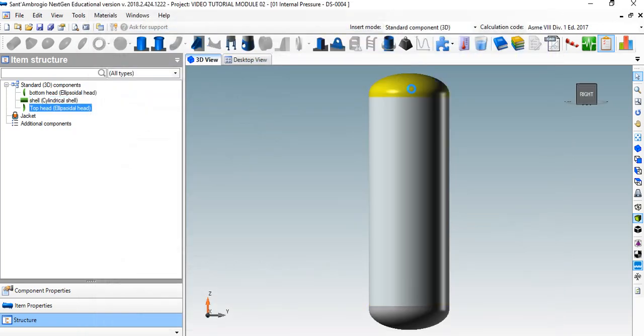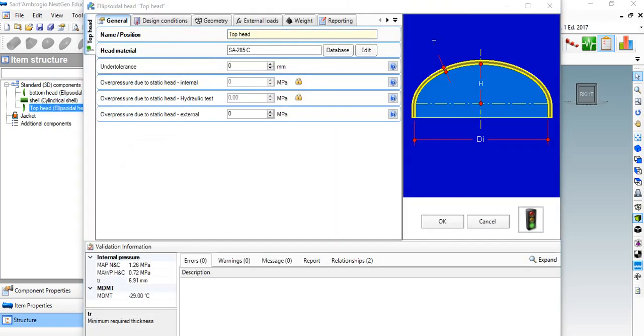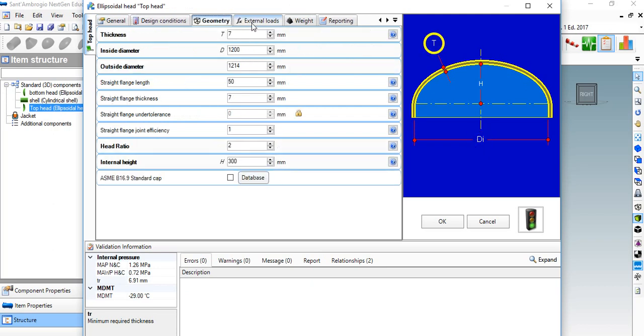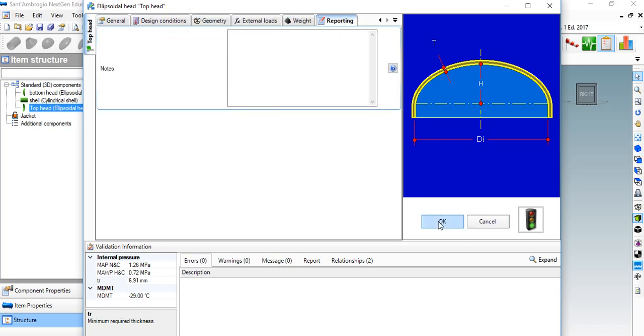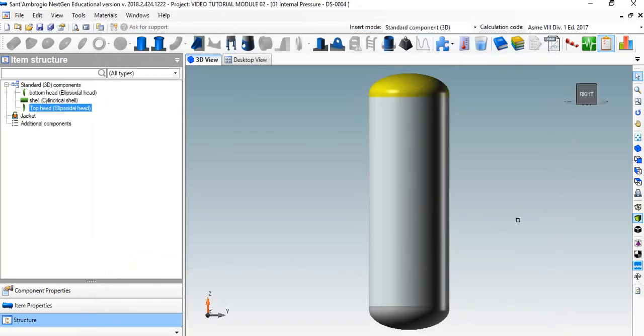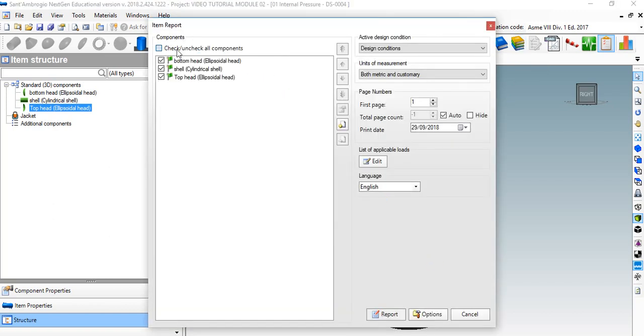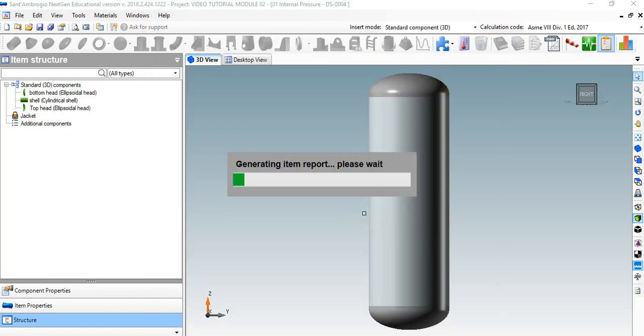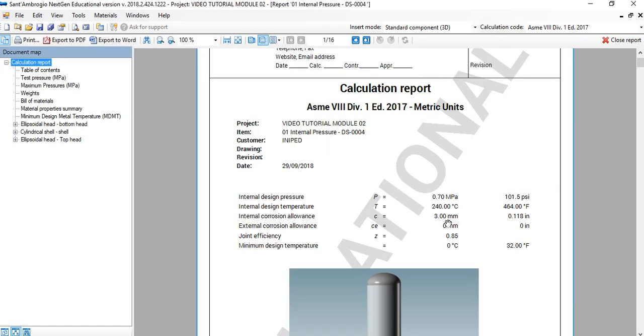And the last component, the top head, we have the same information as the bottom head. The same tabs, material, the design conditions, the geometry, and the standard loads and the weight. When we finish the design of the equipment, we can run the program in this item, report. We check all the components, and we press report. This one, if we want to include a logo, the program generates the report